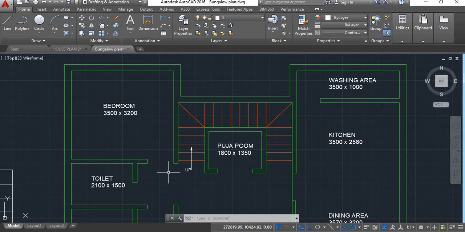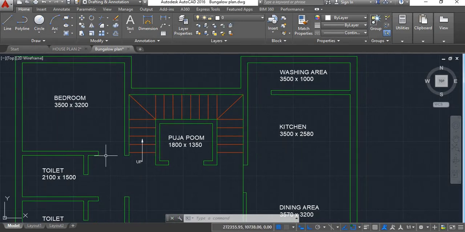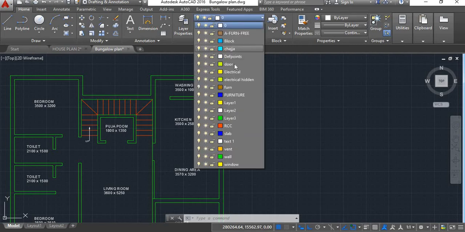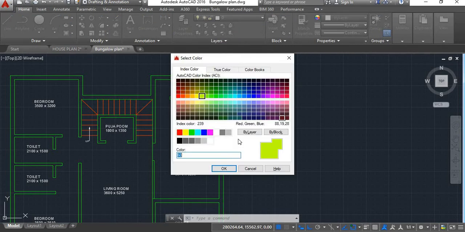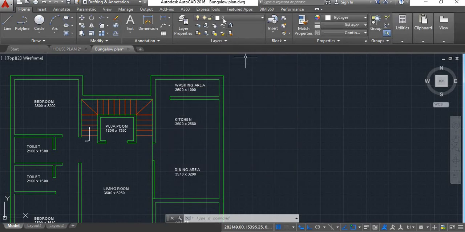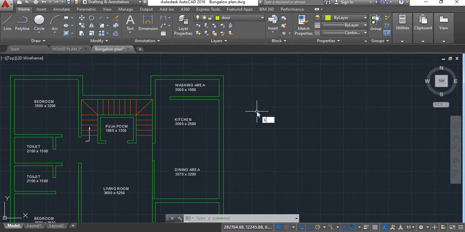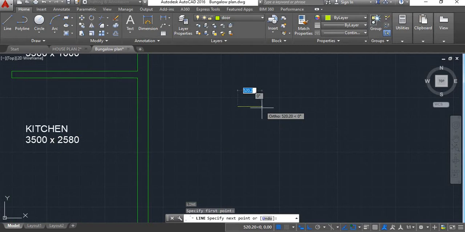Now I have already explained this in my previous tutorial, but I will explain it again here. To draw the door shutters, we'll draw it here. First we'll change the layer to door. We'll take the line command. We'll start from here.